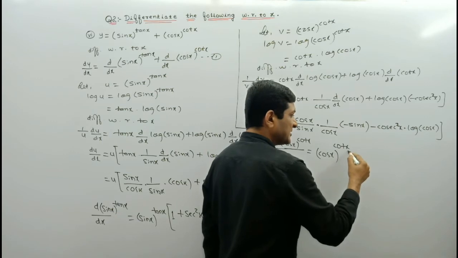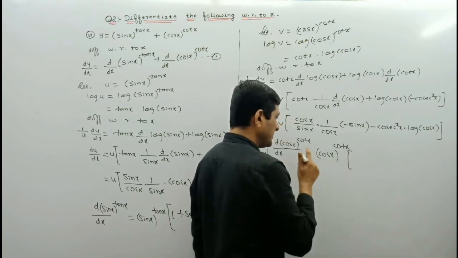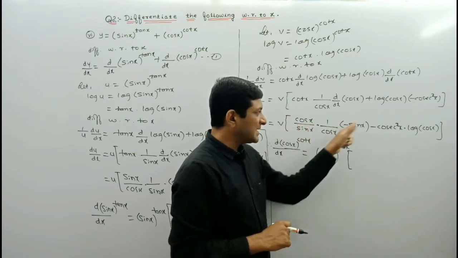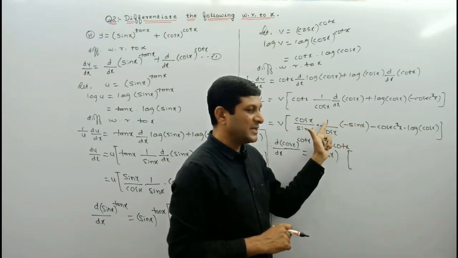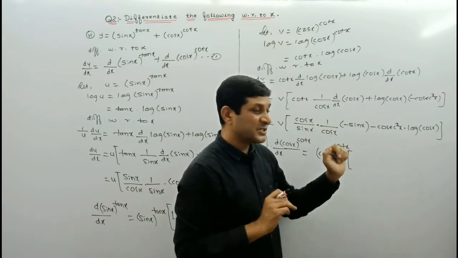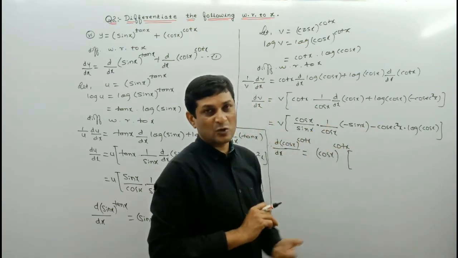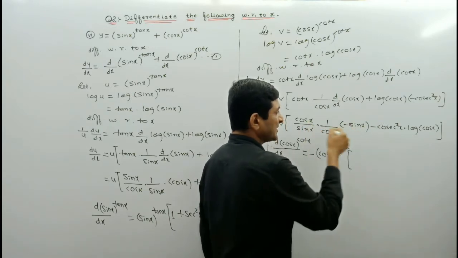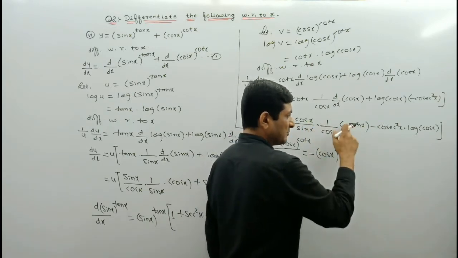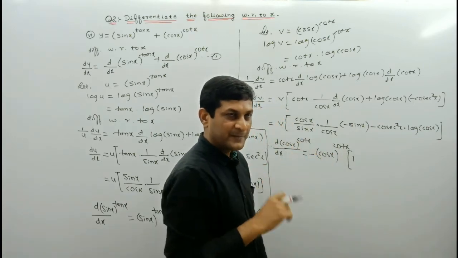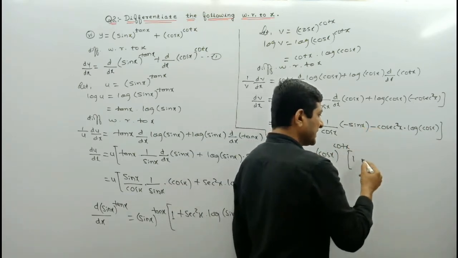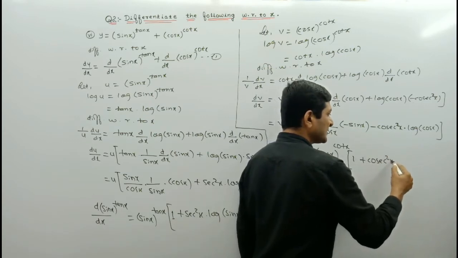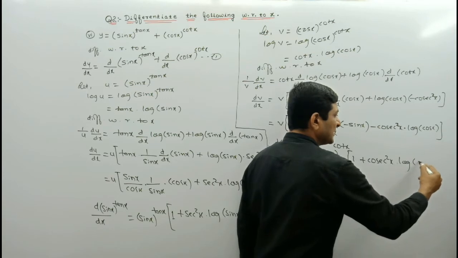Now observe the remaining terms very carefully. See what result we are getting here. Now here cos x and cos x will get cancelled, sin x and sin x will get cancelled, minus into 1 will be minus 1, and here the second term is also negative, so that's why I am taking minus common from both the terms. If we are taking minus common, and after cancelling cos and sin, the remaining term will be 1, because minus also we have already taken common. After taking minus common from the second term, here we will get plus cosec square x into log of cos x.